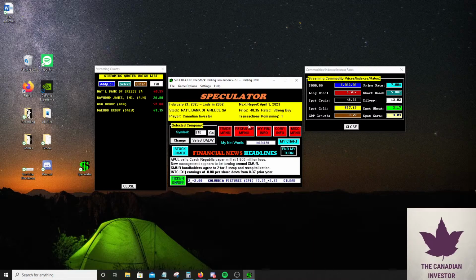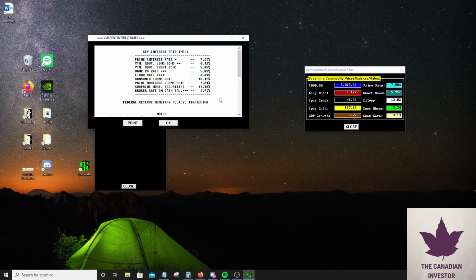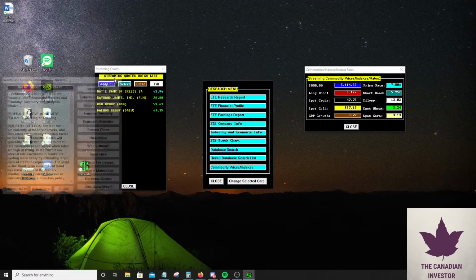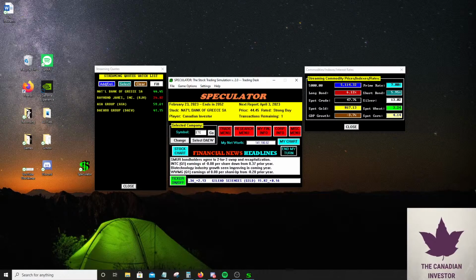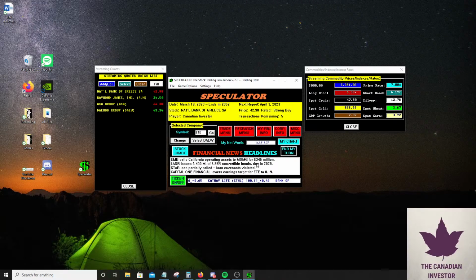GDP growth is negative right now, which is shocking because interest rates should hypothetically be going down, but right now they're tightening. That's just what their policy is. They want to raise rates. Right now is typically when I like to go into bonds, around the 8% range, when bonds start getting a little bit more competitive. I bought them at a very, very bad level. I'm gonna have to pay the price for what I did.